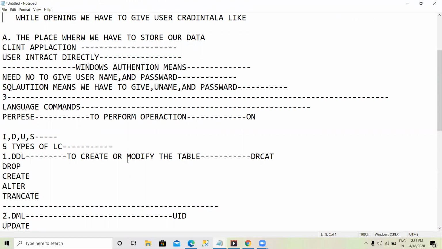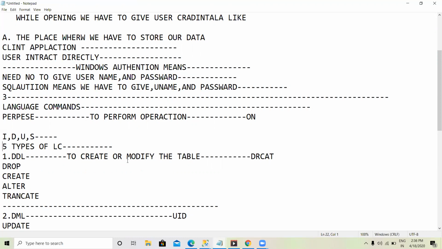We have five types of language commands. First, DDL, data definition language, to create or modify; in short, DRCAT: drop, create, alter and truncate.